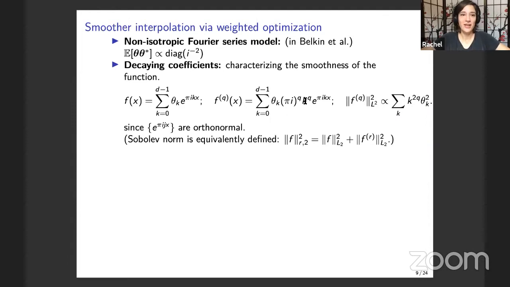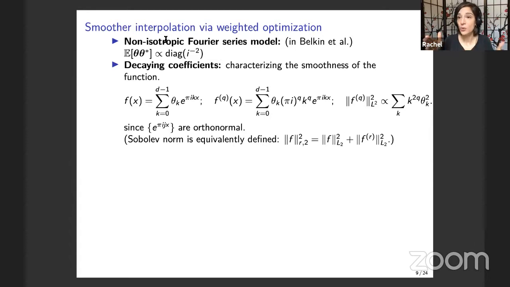So the model that we're going to analyze is a random model of smooth functions. We're going to assume that we're seeing training data from some underlying function, and it's not an arbitrary underlying function, but a random smooth function. So we have to have this randomness. How do you generate a random smooth function? What does that even mean? A well-defined way of generating a random smooth function is to say, I'm going to have a function